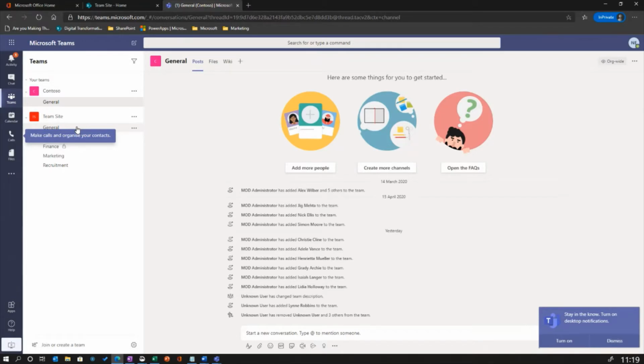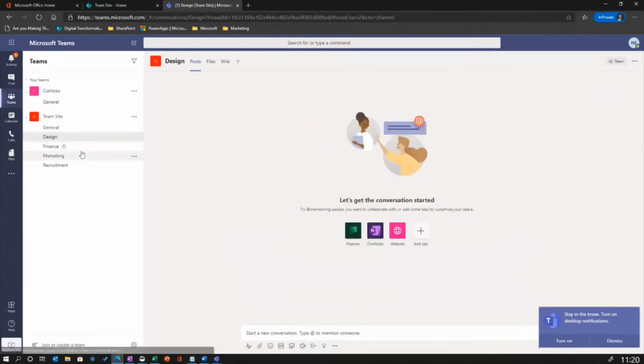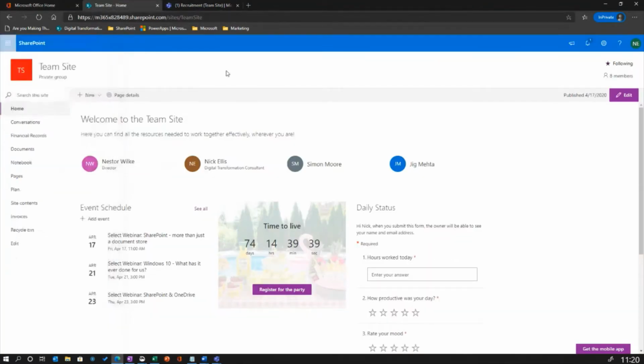If I'd started in Teams, it does automatically create the SharePoint sites, so it just depends which way around you do it. But it's really easy to create them and plug them together. It's literally 2 clicks to plug them together. And you'll see here all these channels: general, design, not finance, because that's a secured channel, marketing and recruitment. All those channels, if I come back here to the document site,